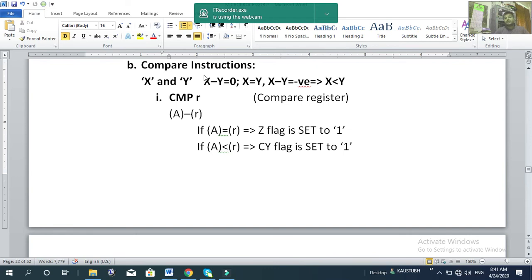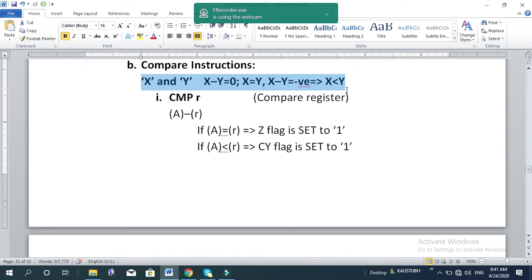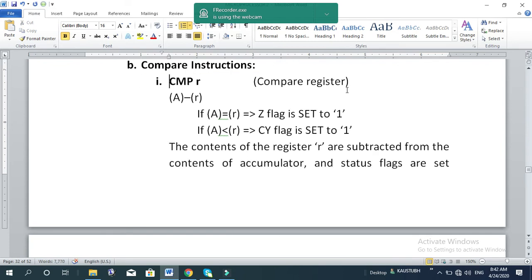Now if both the contents are equal, then the Z flag is set to 1. If the content of A is less than the content of R, then the carry flag is set to 1. So looking at the Z or carry flag, we can say whether the content of A is equal to the content of R, or greater than, or less than the content of R. This is also a 1 byte instruction, machine cycle 1, T state 4, addressing mode register addressing,